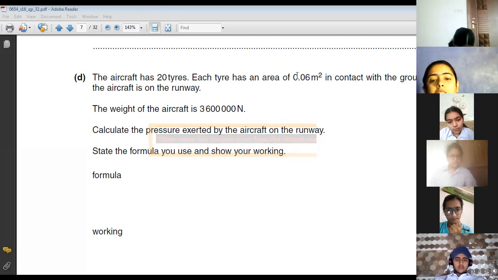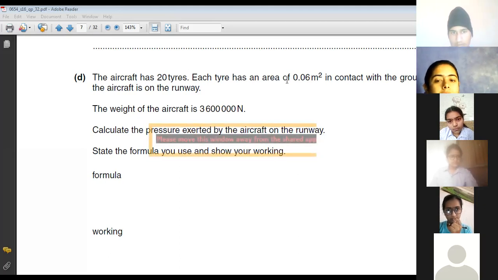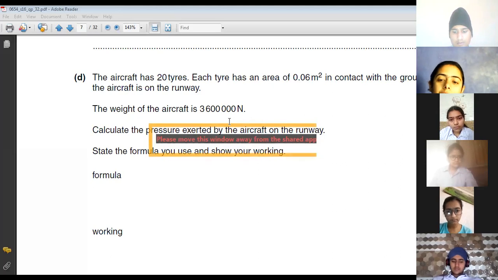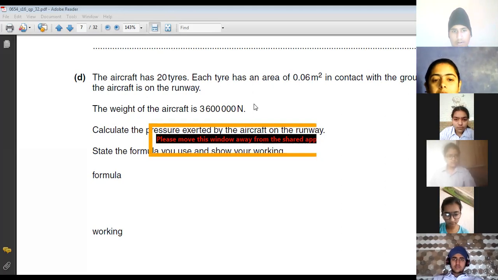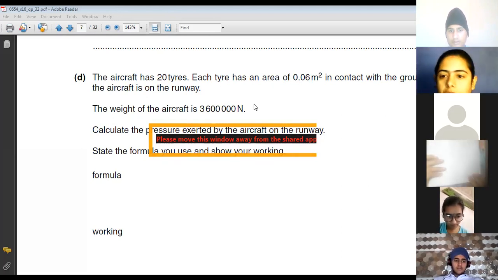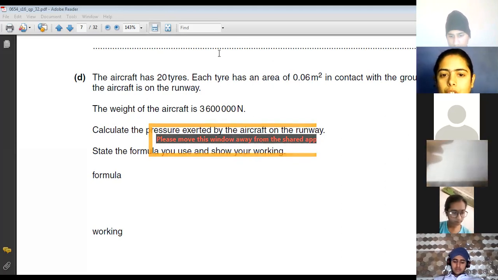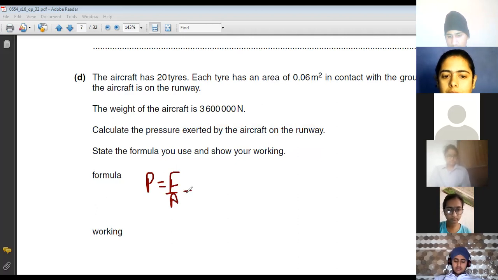बेटा मैंने अभी 3 million बोला, कि area of each tire is 0.06 and total tires you have 20. तो 1 area multiply by 20 करना था. Yes? बस वो correct कर लो. बाकी the formula which you have applied is very correct. So pressure is equal to force over area. Pressure find करना है. Force, weight is the kind of force only. Fine. So you will put the value of weight and then pressure is equal to force over area. तो फोर्स की जगह पे वेट की वैल्यू यूज करोगे. फाइन. What is it given?